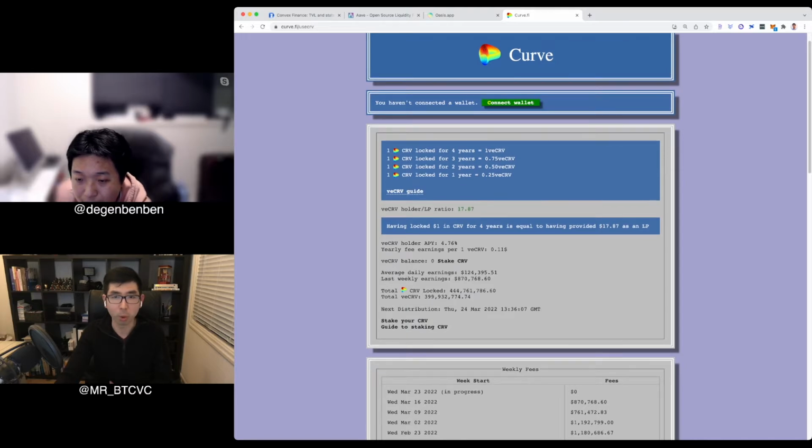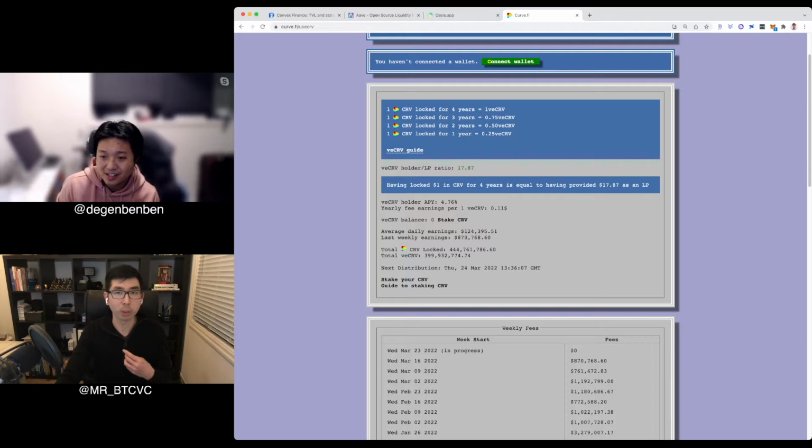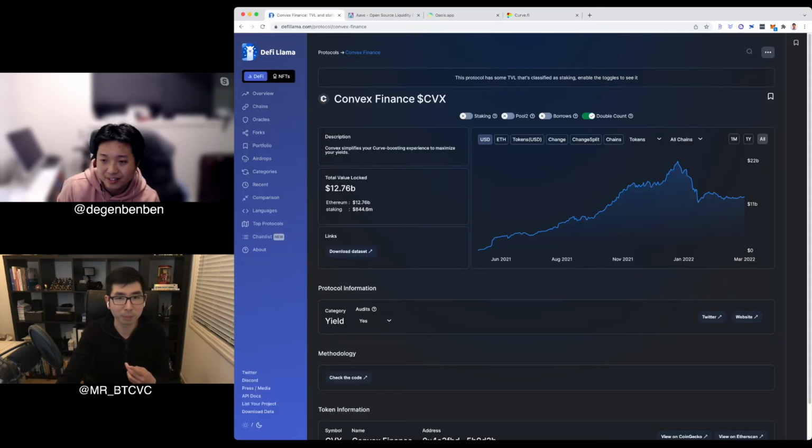And having locked $1 of Curve for 4 years is as if you provided almost $18 as an LP, liquidity provider. Okay, so going back to Convex,